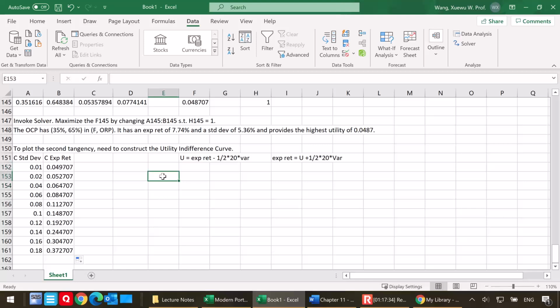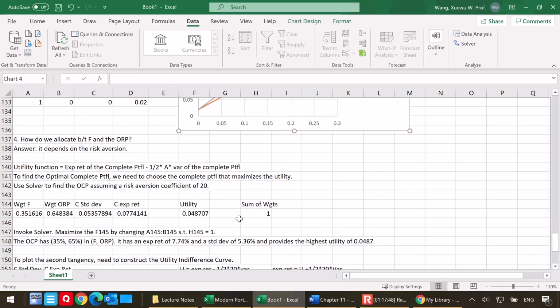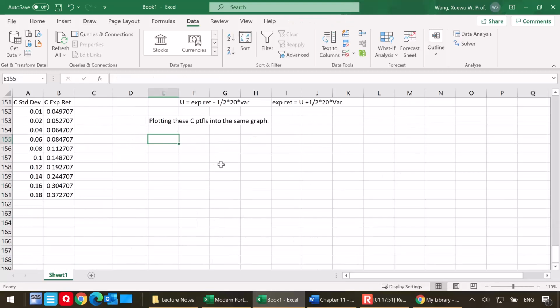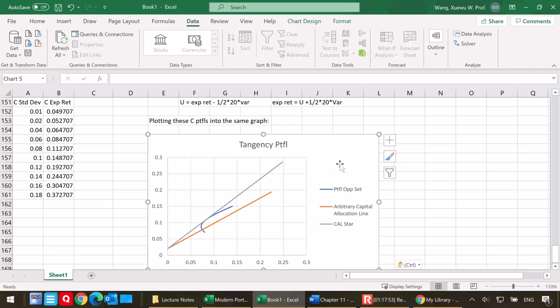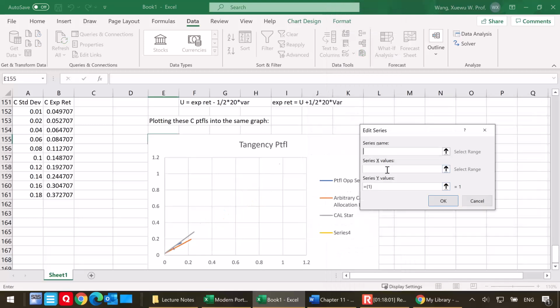So now I'm going to plot these complete portfolios into the same chart, all right? So what am I going to get? All right, so I'm going to copy this and paste it here. I have one more series to plot. So let me right click and select the data here. And I'm going to add one more series. And let me just call this utility